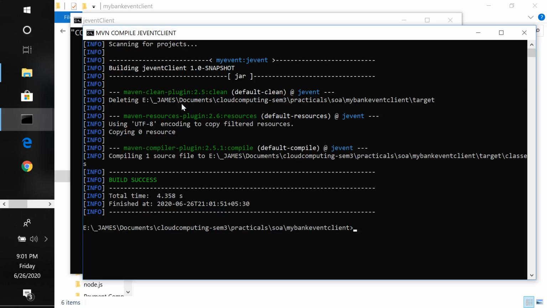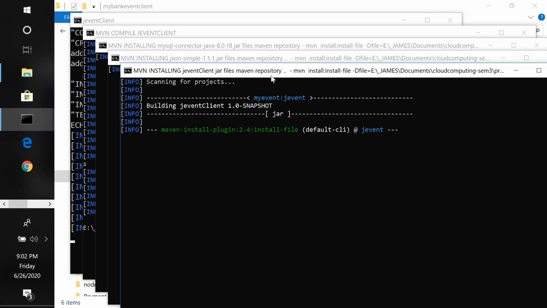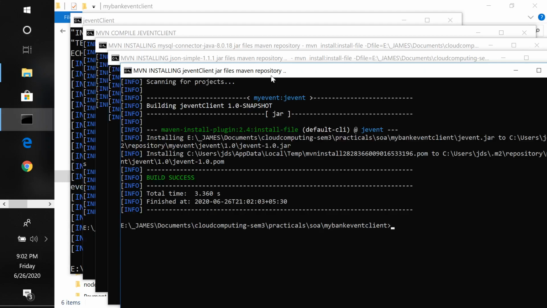It is compiled and now it is installing the event client jar file in the Maven repository. So many windows will be open as things are working. So all this has worked.